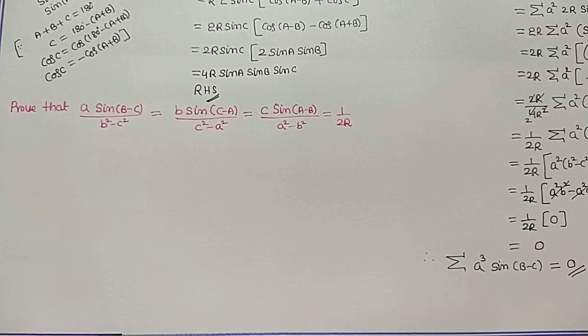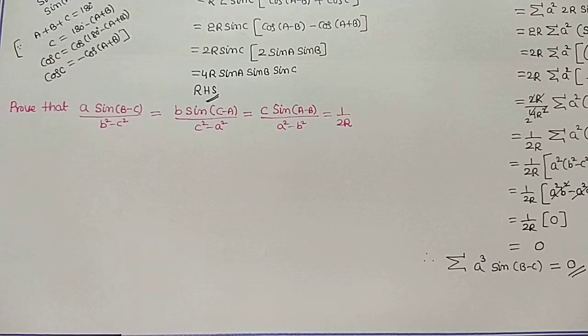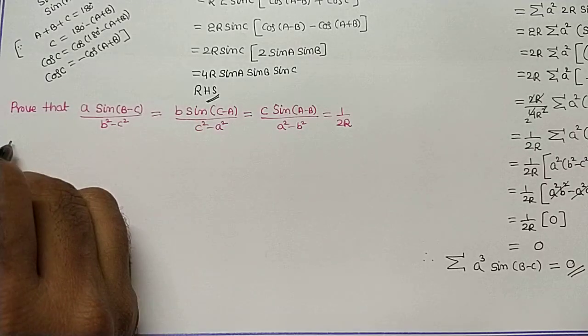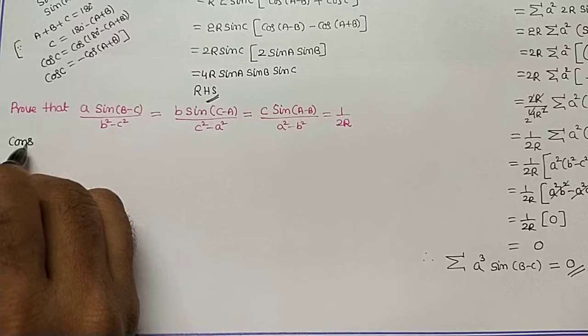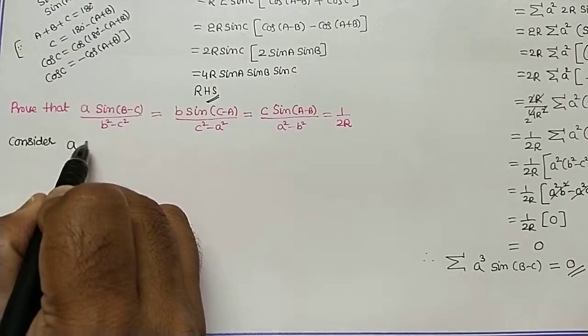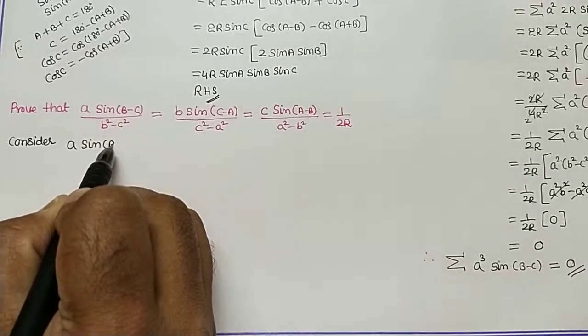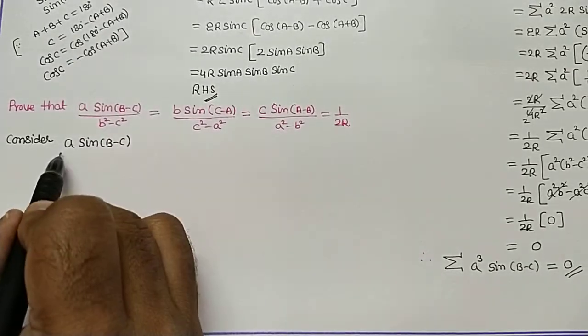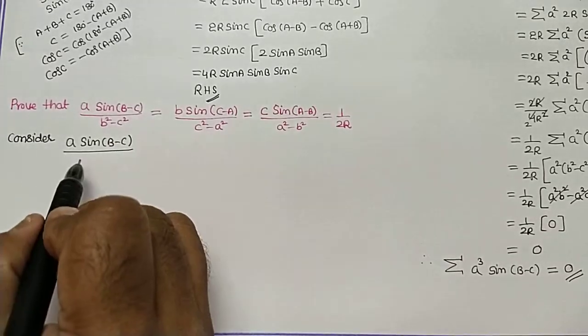So in this case what we have to do, one of the values you have to prove as 1 by 2R, and then similarly we can prove that the other 2 are also equal to 1 by 2R. Let us consider the first one. Consider a into sine of B minus C divided by B square minus C square,